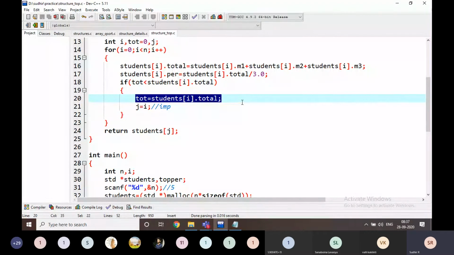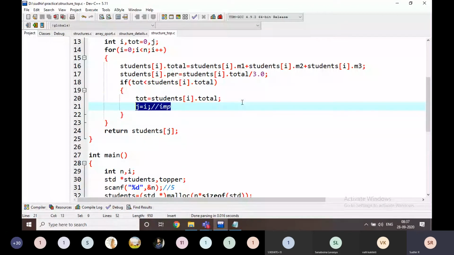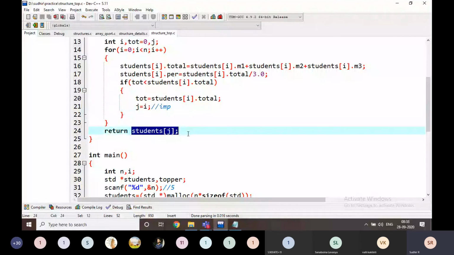Who got the highest marks, I am storing in total. But what is the index of the student? What is the index of who got the highest marks? I am going to store that i in j, and when I am returning, the jth index student got the highest marks. That's why I am returning students of j.